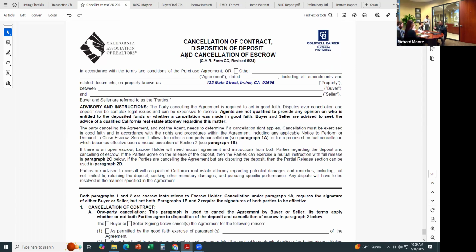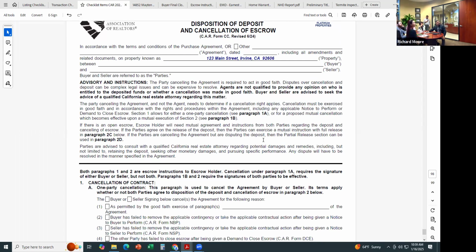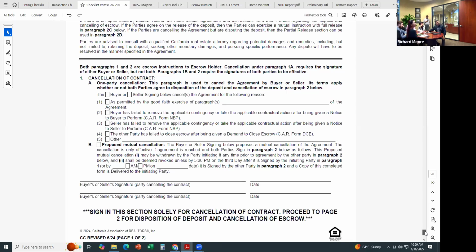So let's say I give them the notice to buyer to perform and they didn't remove contingencies. On the third day, my seller's gonna say, okay, let's cancel. So this is pretty much saying that we're gonna cancel. The seller signs it, and we can send this to escrow and say we're gonna cancel unilaterally because they didn't